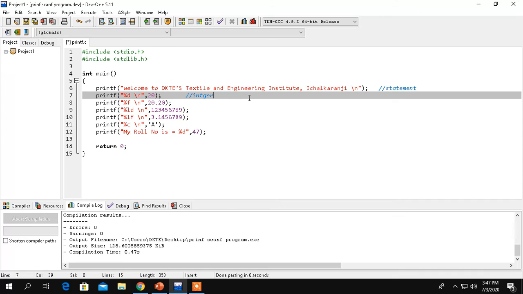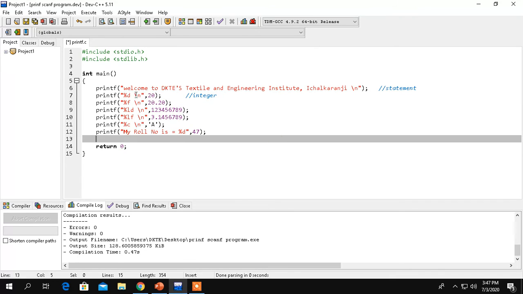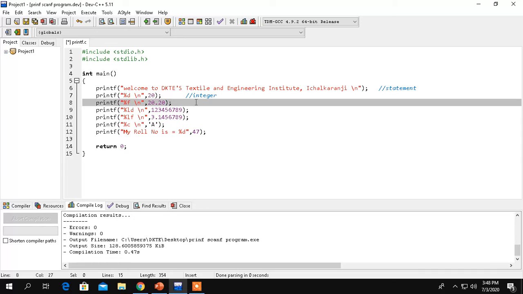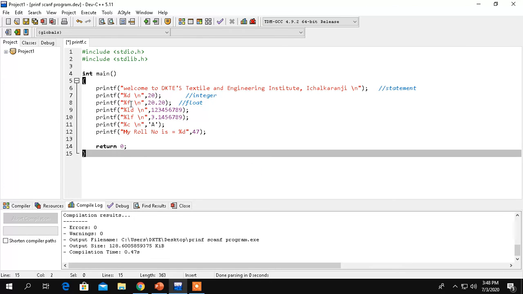So the second printf function we have to consider integer values. Now the next, over the third line, again we can write a comment by considering 2 forward slashes. Now the third printf function we are using for the float. So likewise you can write a comment for each and every line.